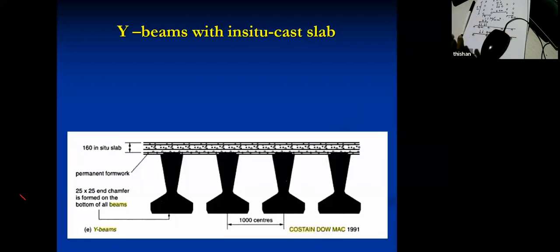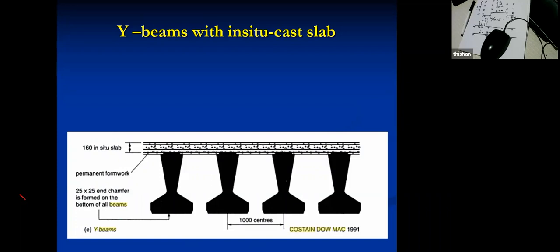So these are very economical arrangements and widely used whenever you have an obstacle like a river or a road, where in the case of road and river, you don't like the traffic or boat movement being affected, then these are ideal solutions because very easily you can place these beams after closing whatever is underneath for 1 or 2 hours. You can very quickly lift and place the beams, and then connect them all with a reinforced concrete top deck, giving